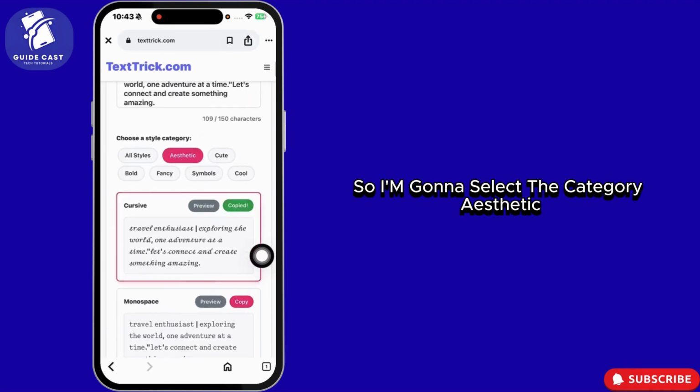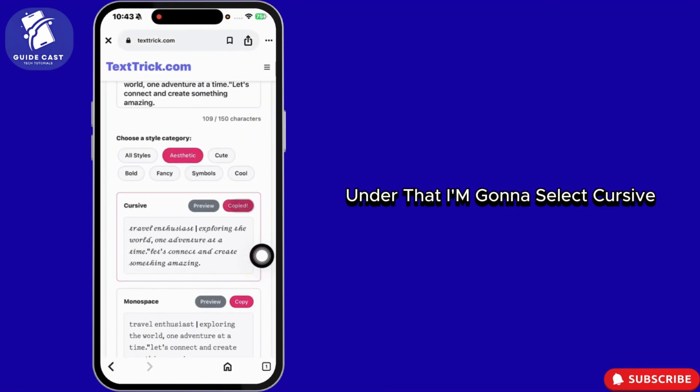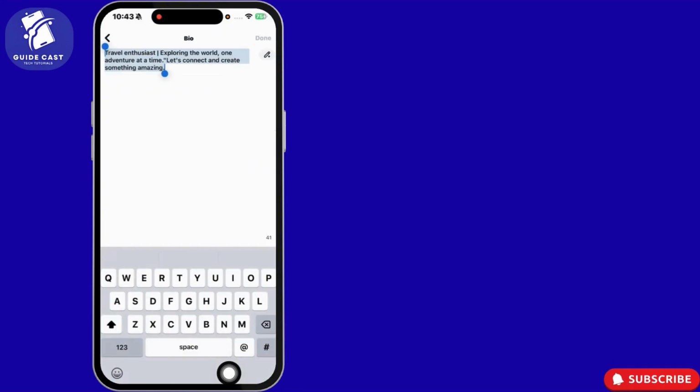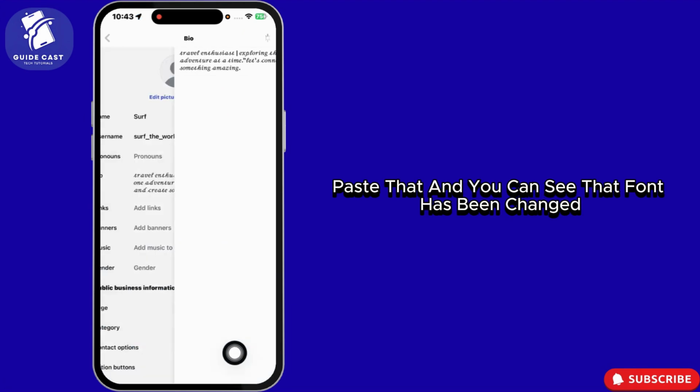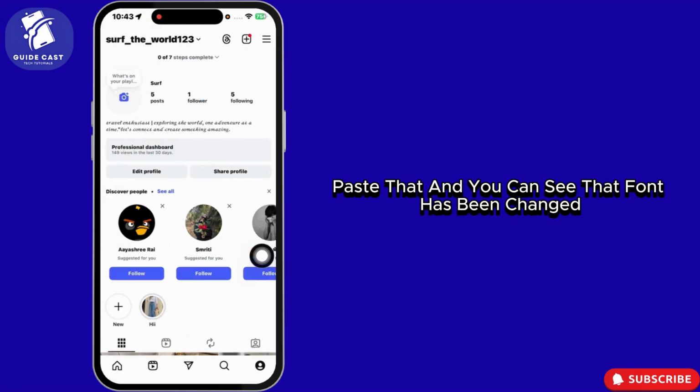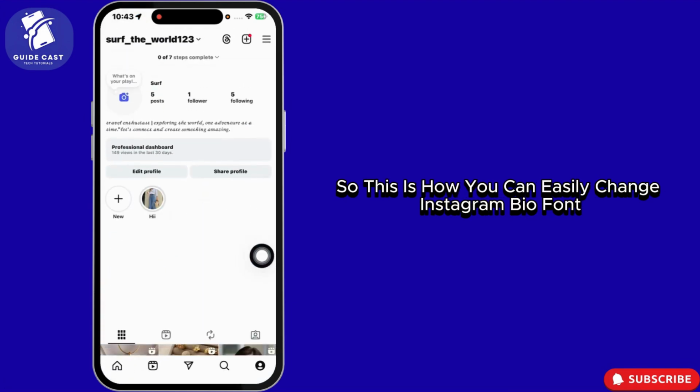So I'm going to select the category aesthetic. Under that, I'm going to select cursive. I'm going to copy it. Then you can head towards the bio page, paste that, and you can see that the font has been changed. So this is how you can easily change Instagram bio